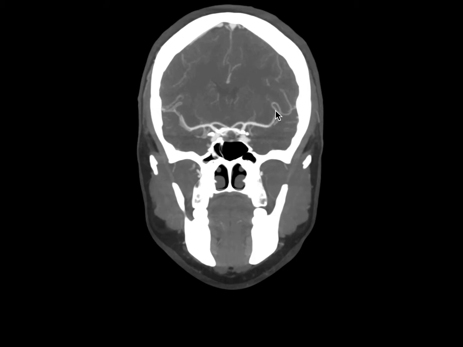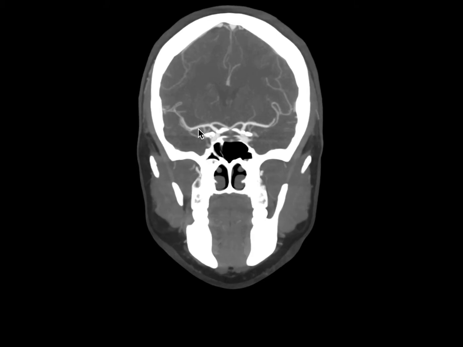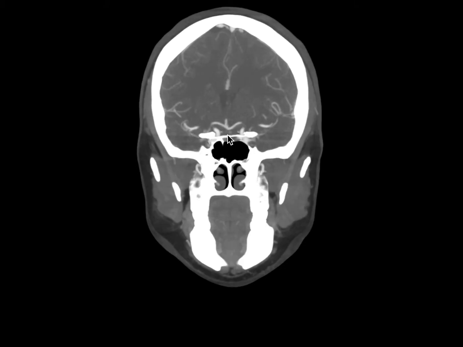cerebral arteries. On this slice, we see our internal carotid artery terminus right here, where it divides into the A1 segment of the anterior cerebral artery going medially, like so, and into the M1 segment of our middle cerebral artery going out laterally. The M1 segments are sometimes called the sphenoidal segments because they lie approximately 1 centimeter posterior to the sphenoidal ridge. If I scroll anteriorly, we'll see our sphenoidal ridges here on the right and here on the